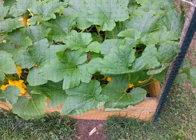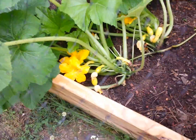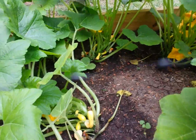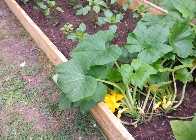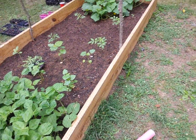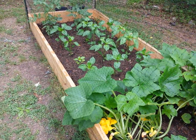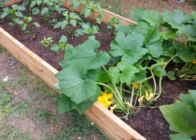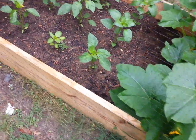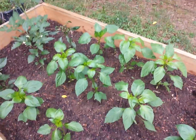I've got squash going. The squash are going really good. There's only 4, well, I guess there's 8 plants here. 4 sets of 2 plants. Lots of good looking squash. This garden and this garden are both new above ground gardens that I put in this year. From a local supplier, I got compost and dirt mixture. And when I put the plants in, I also use some chicken compost that I got from a different local